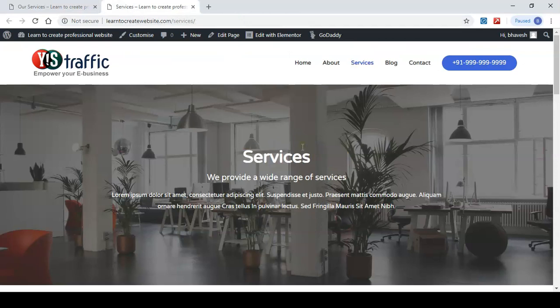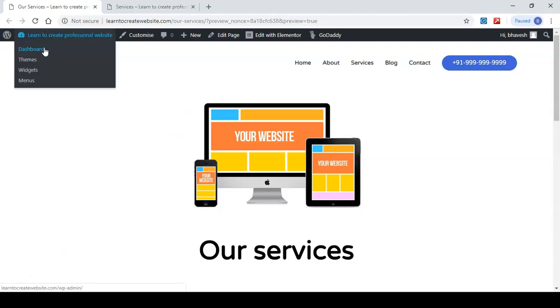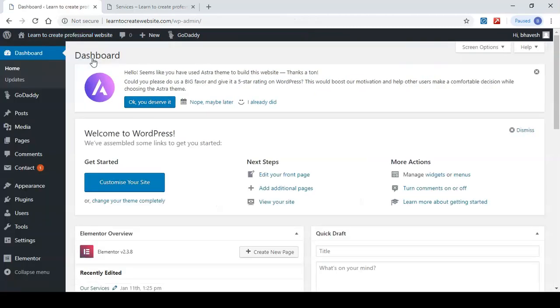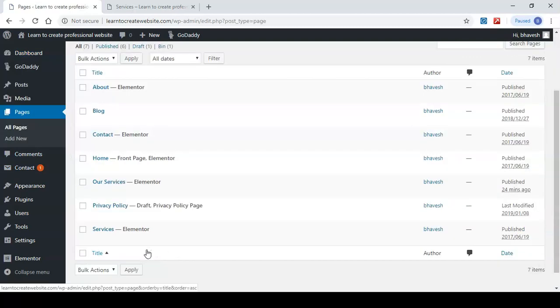Now let's delete this services page and add our services page to menu. To delete the services page, navigate to dashboard, click on pages, hover over here and click on bin.